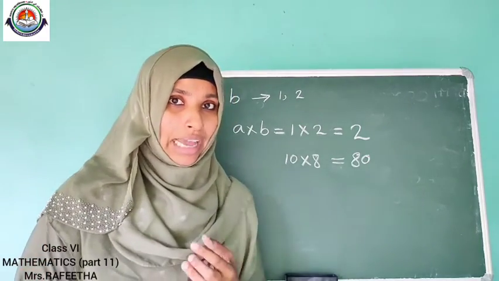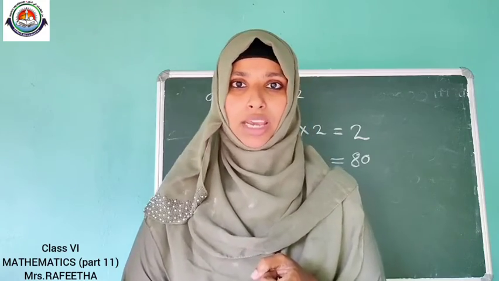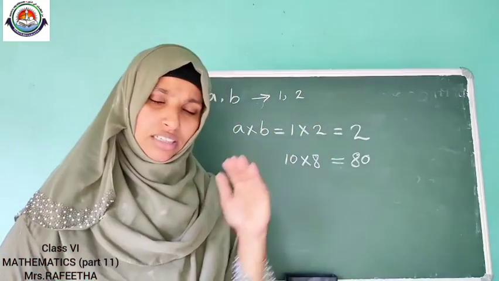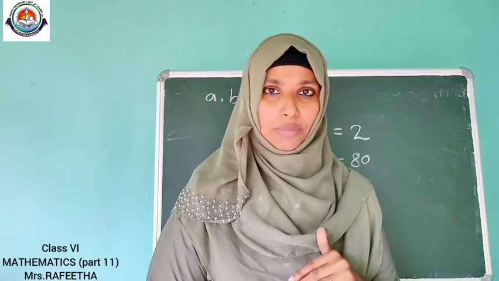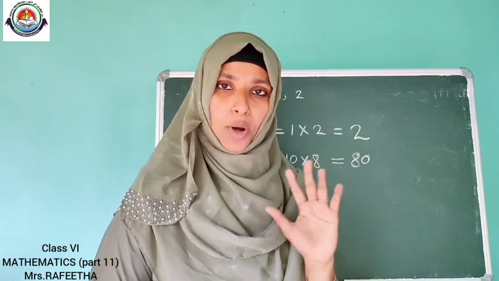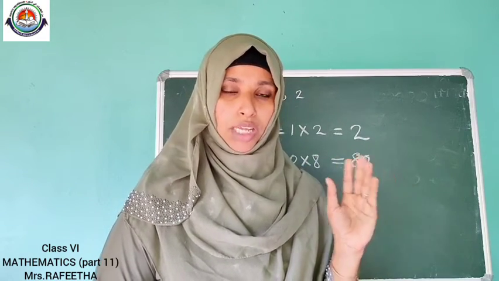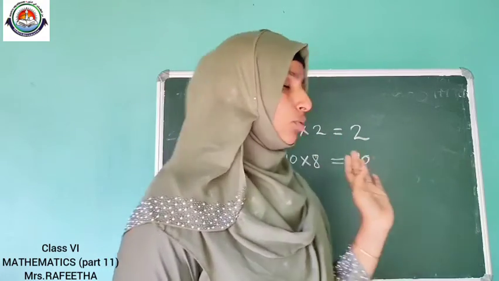So we can say that closure property is satisfied in the case of multiplication. Next, as we have done in addition and subtraction, the same order is coming in the case of multiplication also. So closure property is over. No problems will come from the closure property. If it is there, it will be very easy for you to do that. Okay, so we can do the next one.